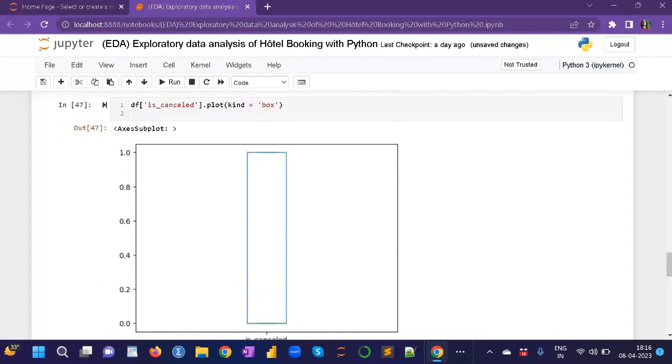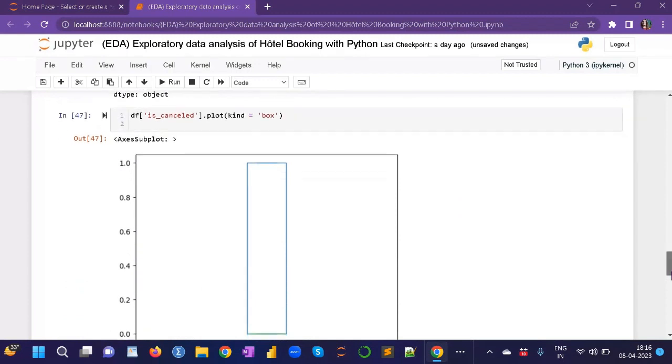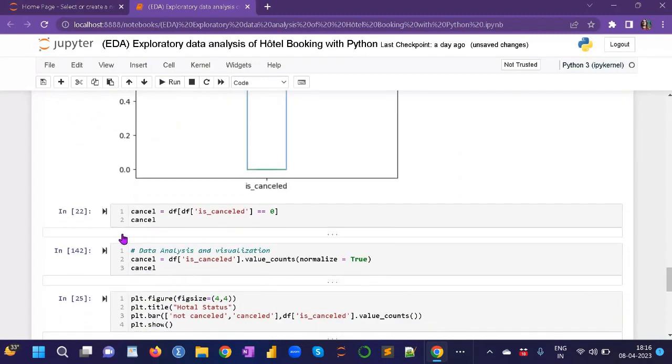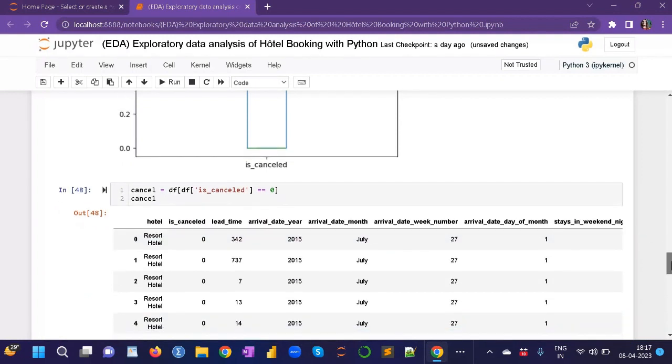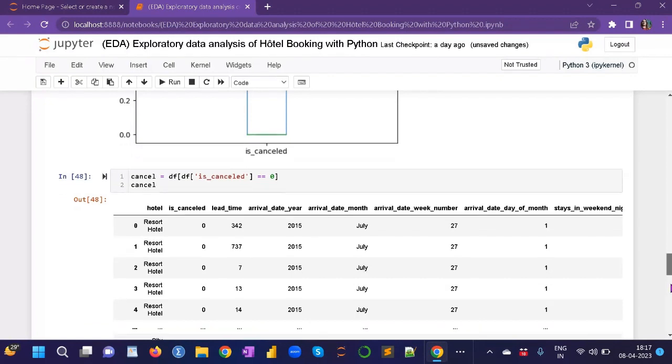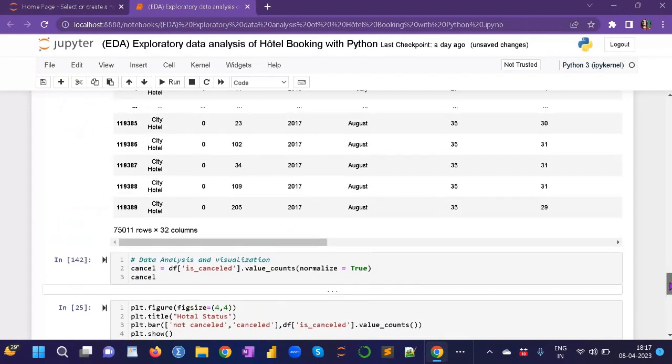10% value is cancel. Now I want to see that is equal to 0. How much value is equal to 0? 0 means that it is not cancel, and 1 means it's cancel value. So it shows the total that